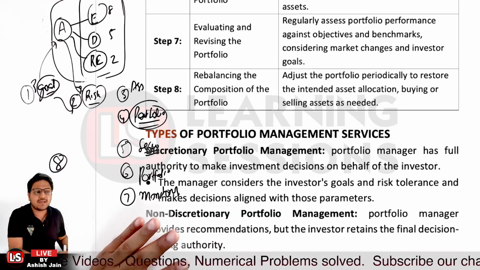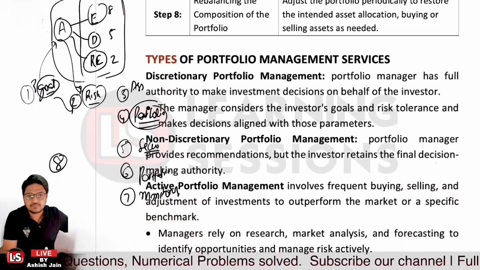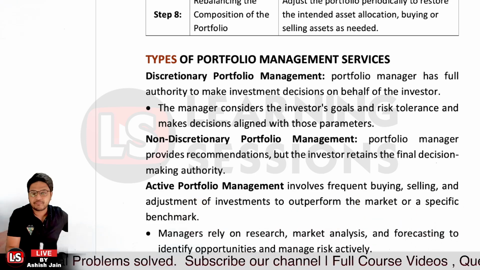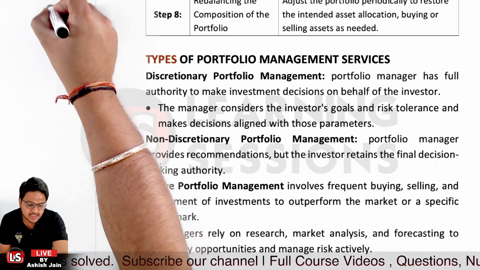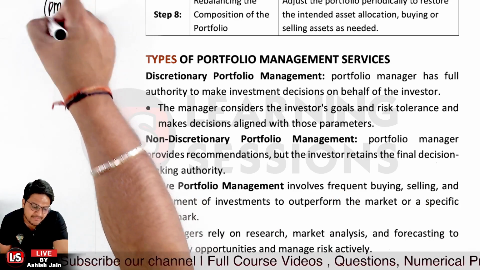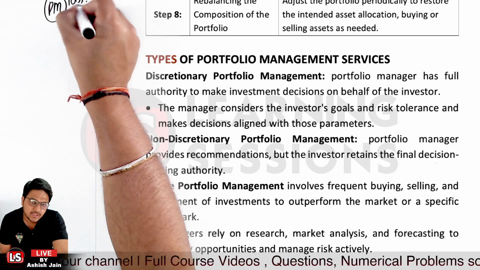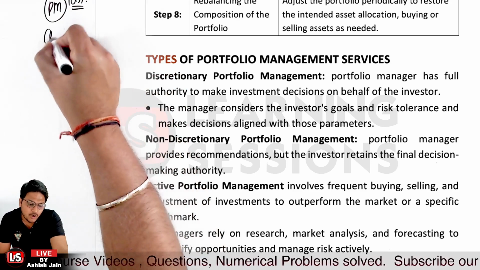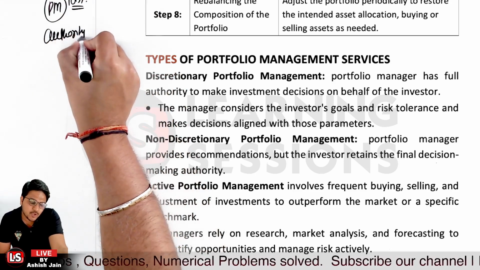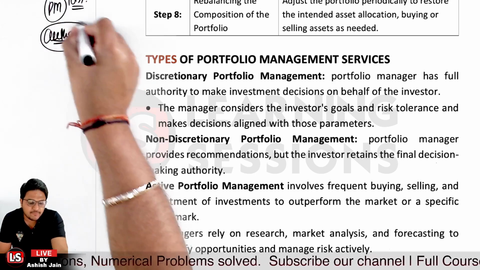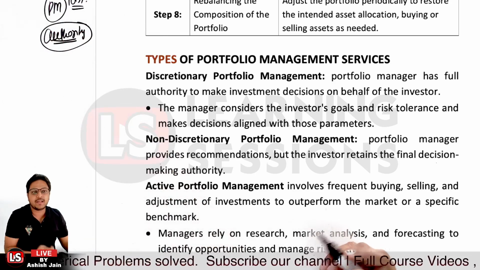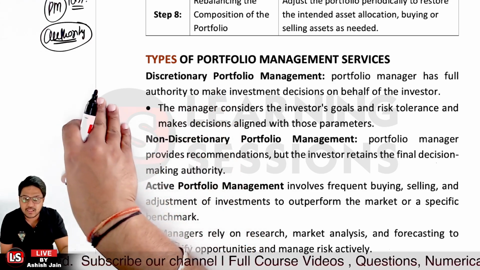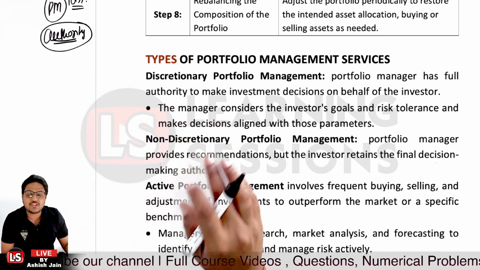Okay, now after that we have the types of portfolio management services. One is discretionary portfolio management. Discretionary portfolio management is a service where the portfolio manager is having 100% access. So the portfolio manager will be making all the decisions themselves. The person will have all the authority to select what type of securities or investments to invest in, and further to take decisions related to selling or acquiring different assets. Those steps can all be taken with the sole authority of the portfolio manager. That's discretionary portfolio management.